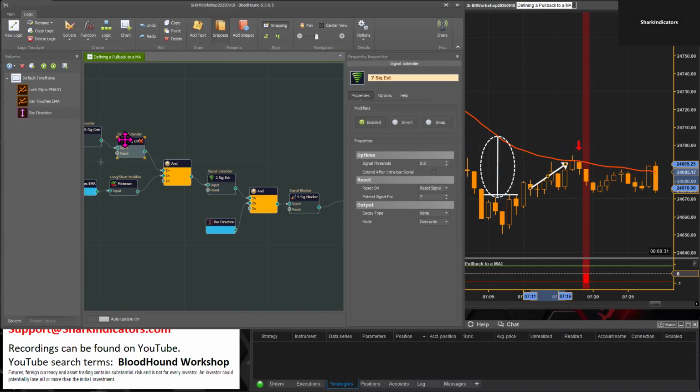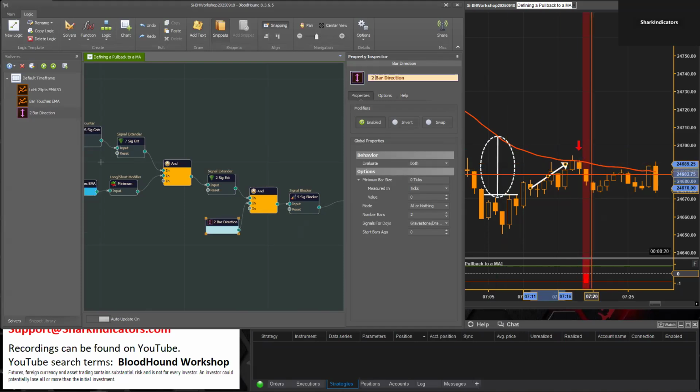So if that happens, then with our 2 bar requirement here, we need 2 down bars, so 7 minus 2 is 5. So I think in theory, we should only get a possible maximum of 5 signals